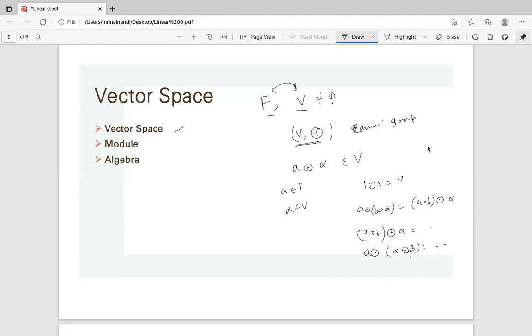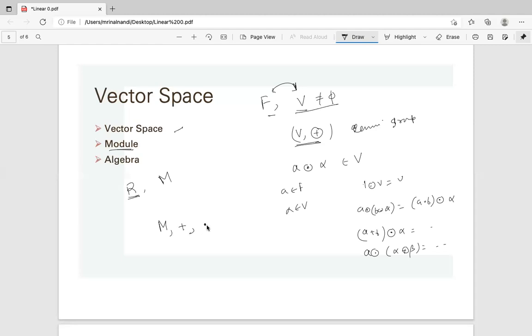On any property of any relation on V, the inverse of the scalar element, the multiplication inverse, is not used here. That means we can take just a ring also. In that case, we do not call it a vector space. If R is a ring and over this there is a set which has all this property of the vector space, but since the underlying thing is not a field, we call it a module. And if we introduce one more operation on a module, again like a multiplication,